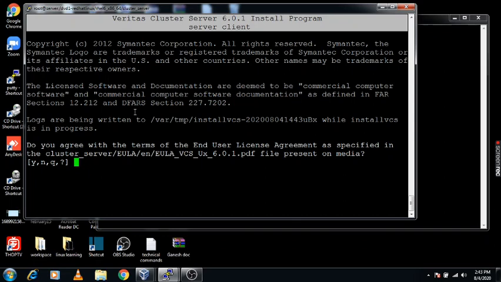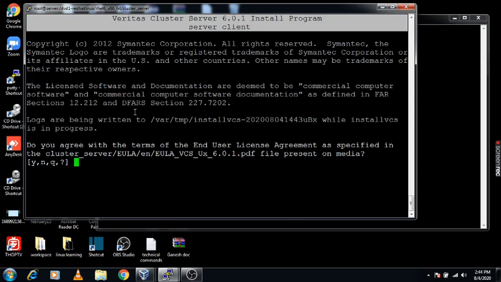This service is always up and running, which means your cluster is always up and running, and it is monitored by HAD and HAshadow. These are the two daemons always up and running, and both use some ports while configuring. Other concepts are service group, resources, resource type, resource agent, resource attribute, and resource dependencies. We will check these parameters while configuring this Veritas Cluster Server.